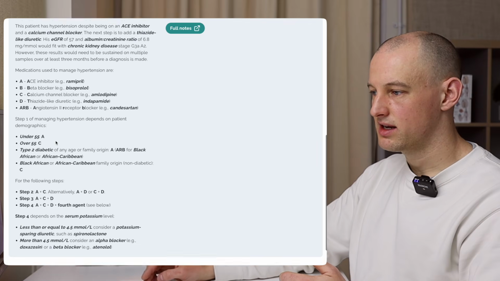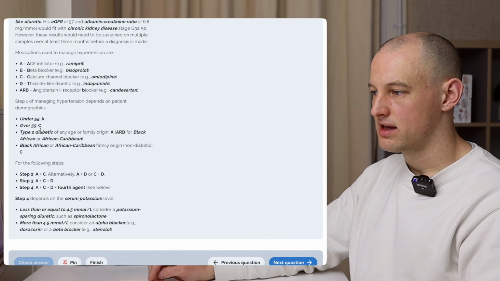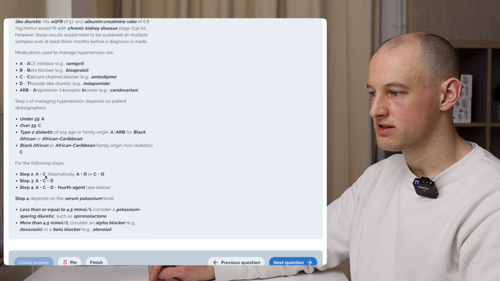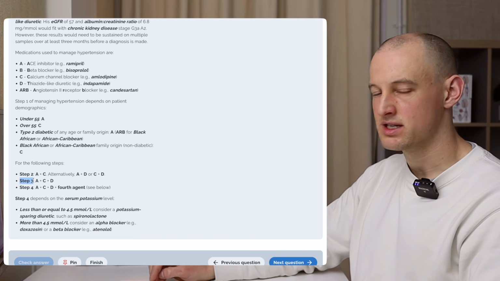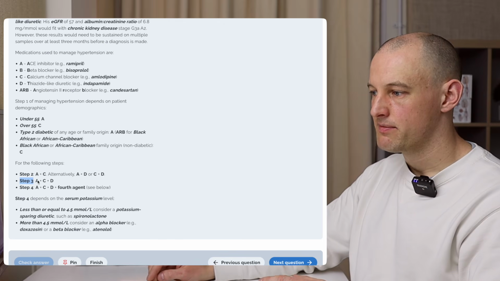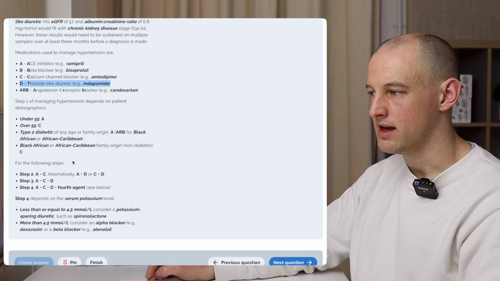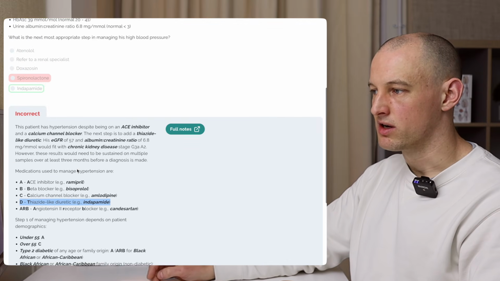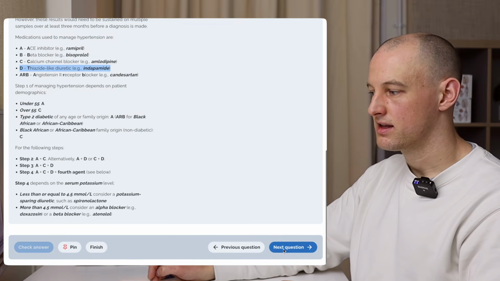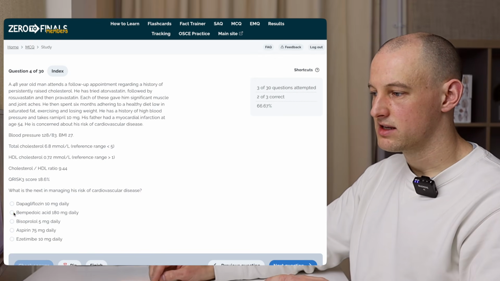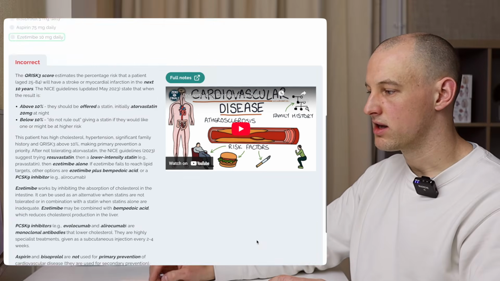So step 1. Step 2, we've got 2. So he's now on ACE and calcium channel blocker. Step 3, which is what this question was asking, is A plus C plus D. And D is thiazide-like diuretic. Okay. So this is where I went wrong. Okay. So then you go through these, you go the whole way through,